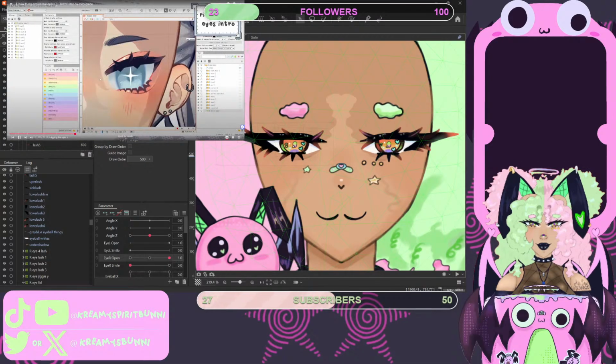What we're gonna do is rig this entire eye, and then we're gonna copy it and flip it over to the other eye so it's symmetrical. If your eyes are both completely super different in both shape and form and just everything,